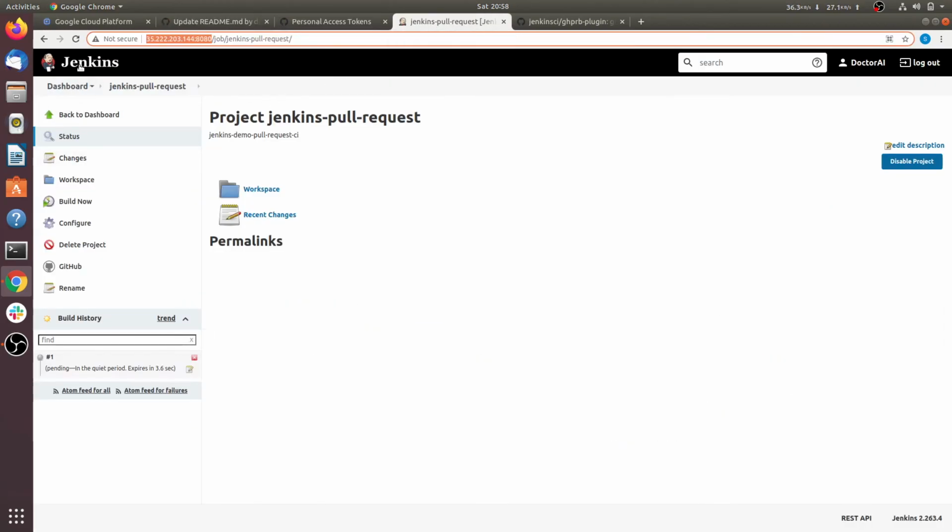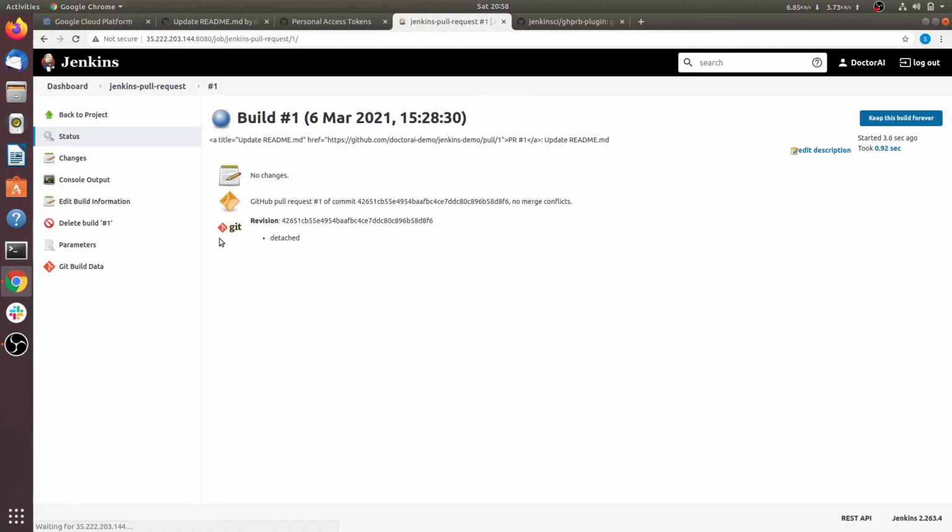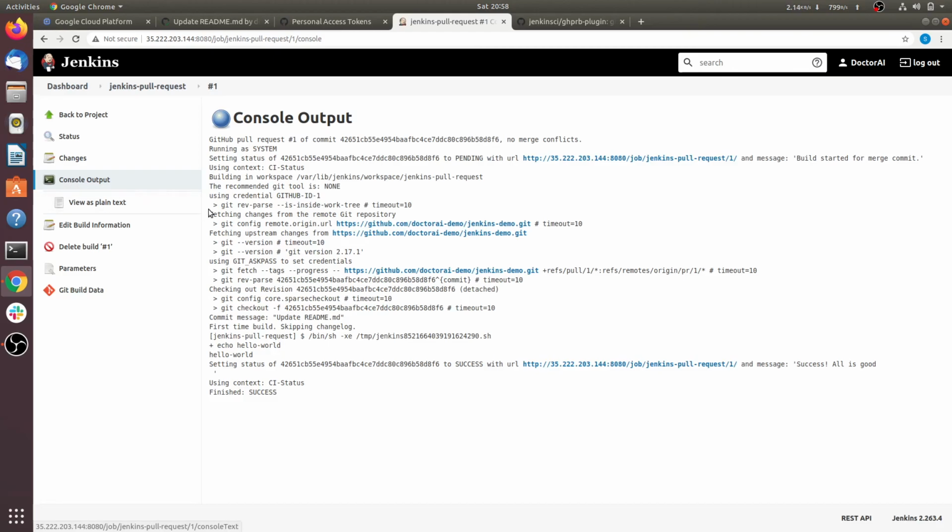In the pull request you can see the job is running here. You can go to console output, or you can see the pull request is processed successfully.